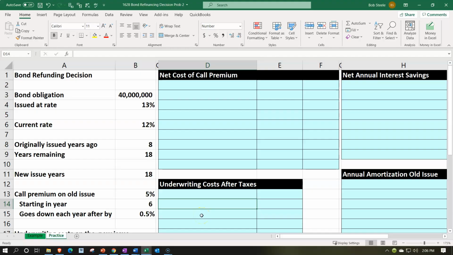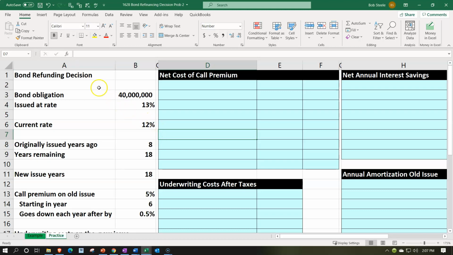Here we are in our Excel worksheet. If you have access to the Excel worksheet and would like to follow along, note that we're in the practice tab as opposed to the example tab. The example tab in essence being the answer key. Information on the left-hand side, we're going to populate into the blue area on the right-hand side, calculating the